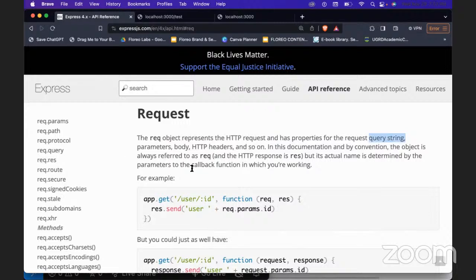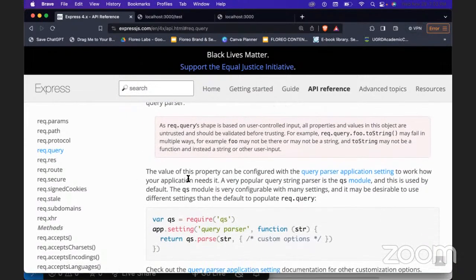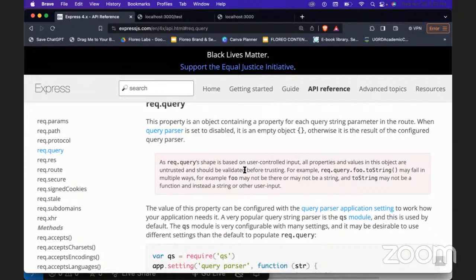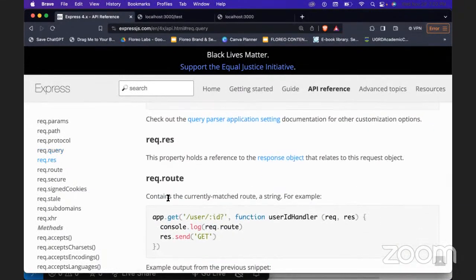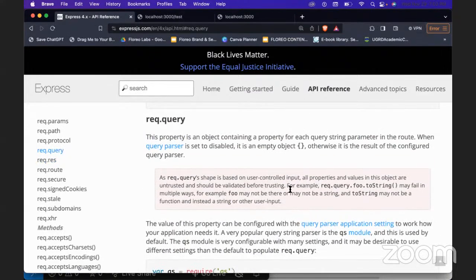So the query string essentially is a property that you can pass into the request that contains a string for a query to a particular route. A good example of this is, let's see,